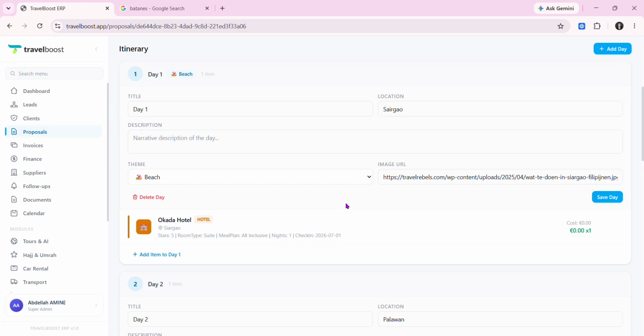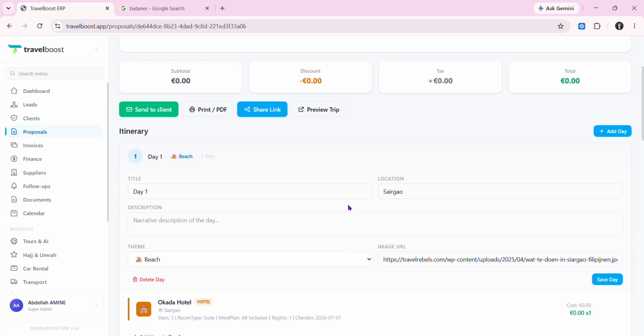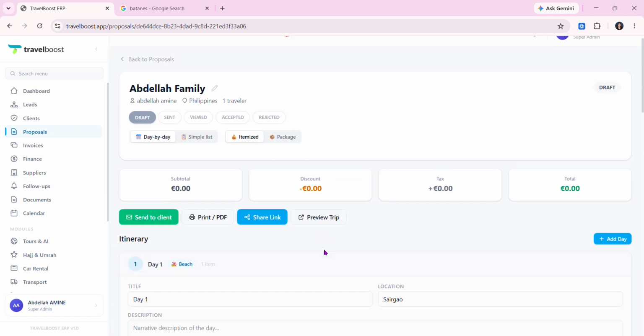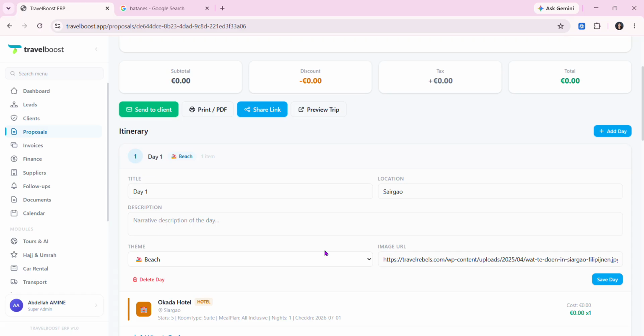So, hang on. As you can see here, in the proposal details, this page gives you complete control over your quotations.